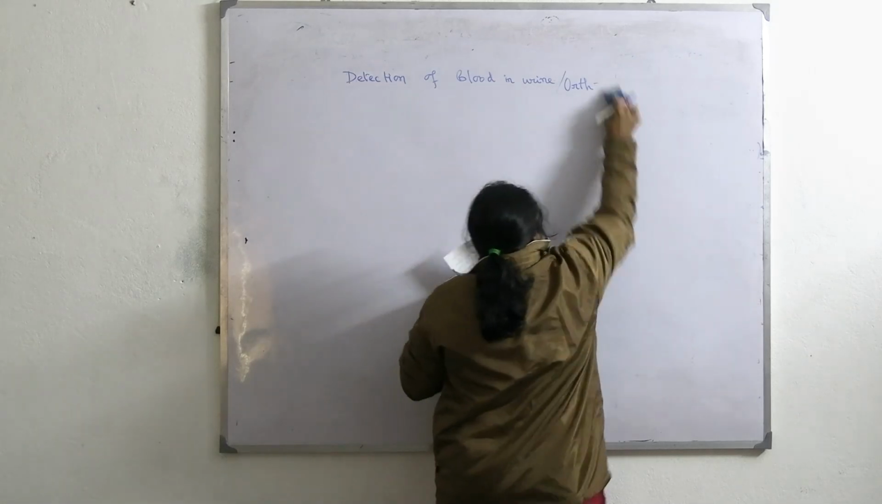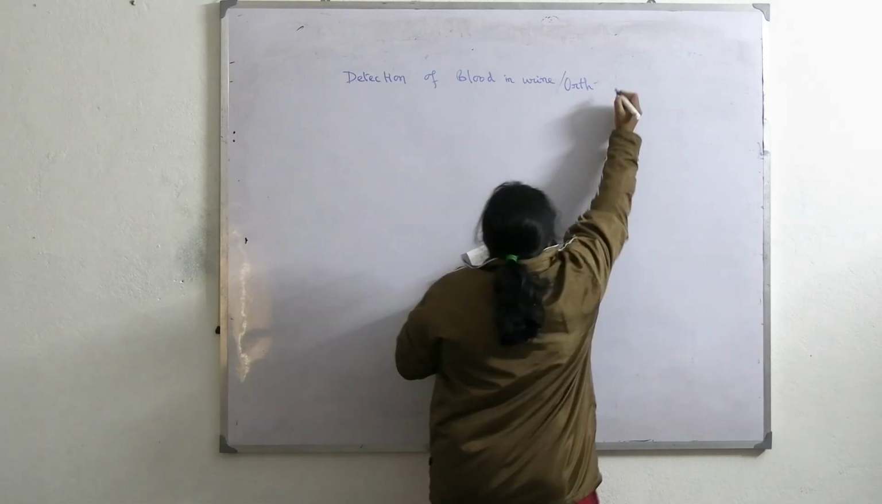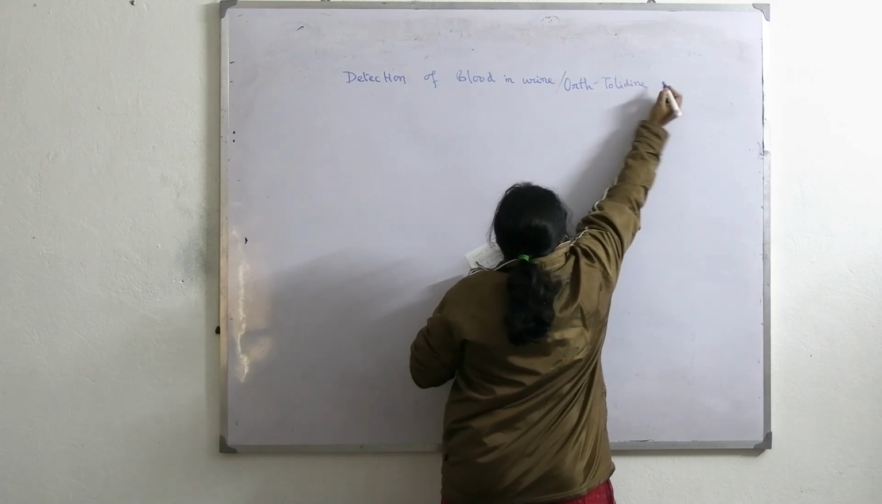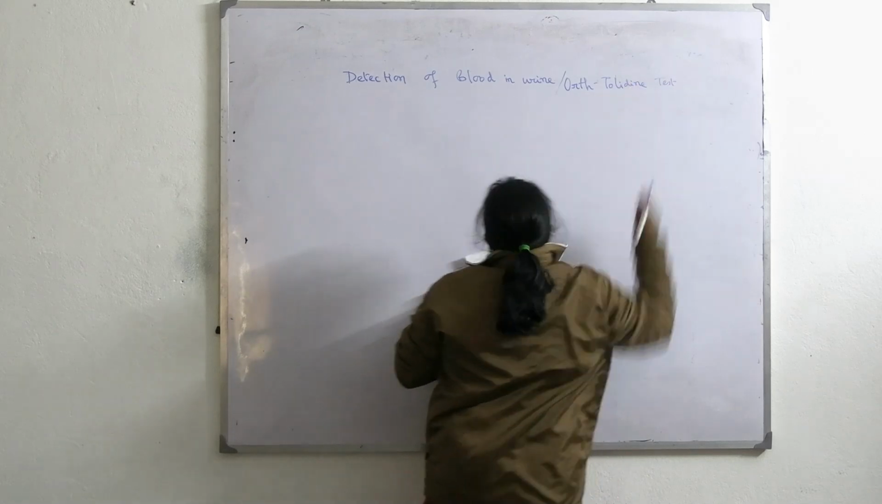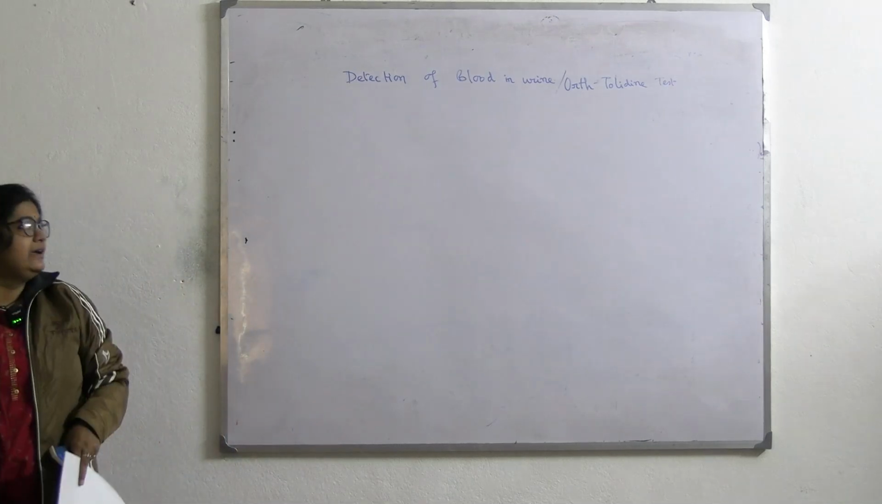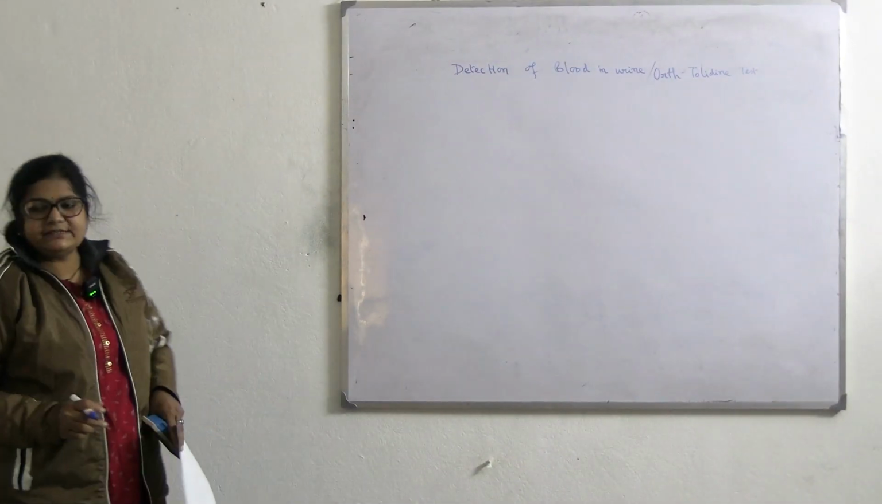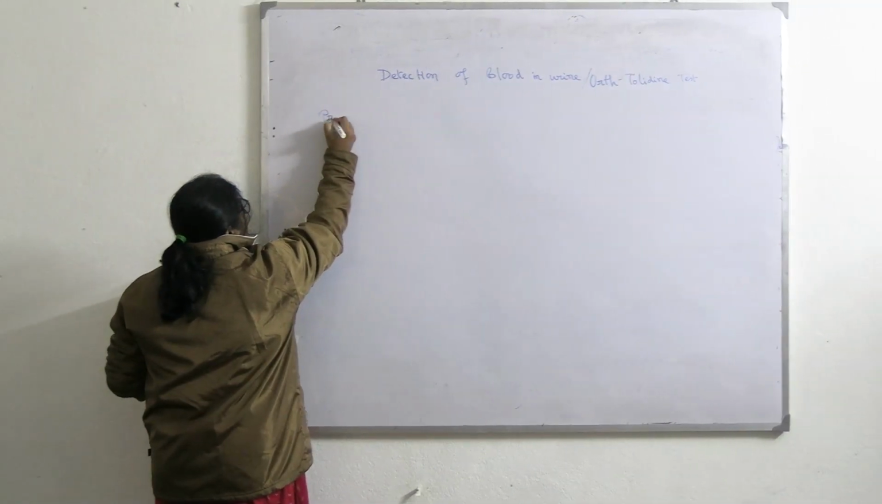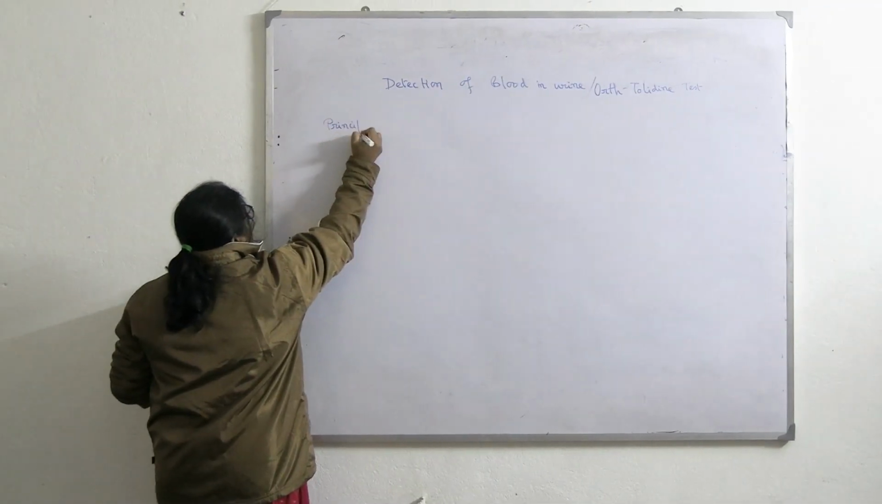Ortho-tolidin test. Detection of blood in urine by ortho-tolidin test. What is the principle of this test? Principle: